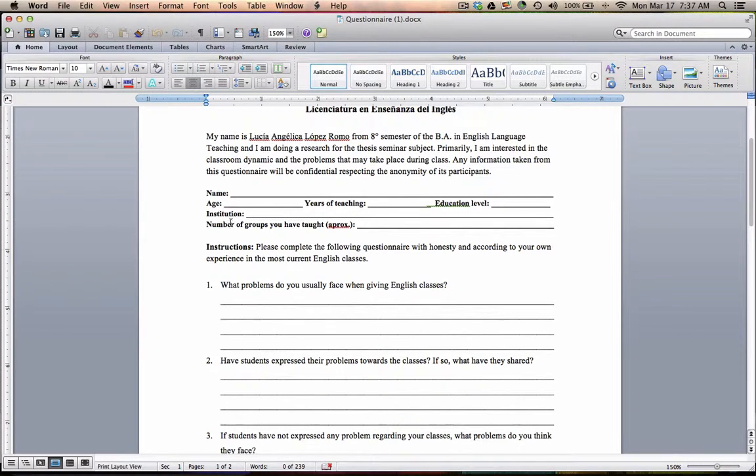Okay, you have a question here about the number of groups that you have taught. I'm not sure if you're interested so much in how many groups they've taught in the past, or if you're interested in how many groups are currently teaching this semester. So just want to bring that to your attention. If it's something that you think you need from a historical perspective, perhaps,